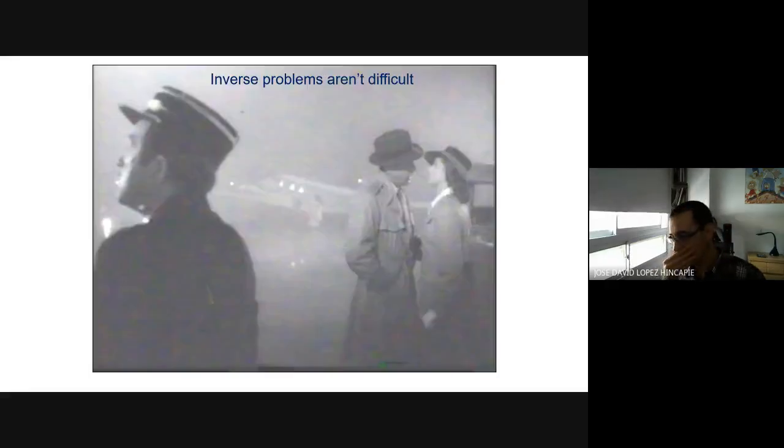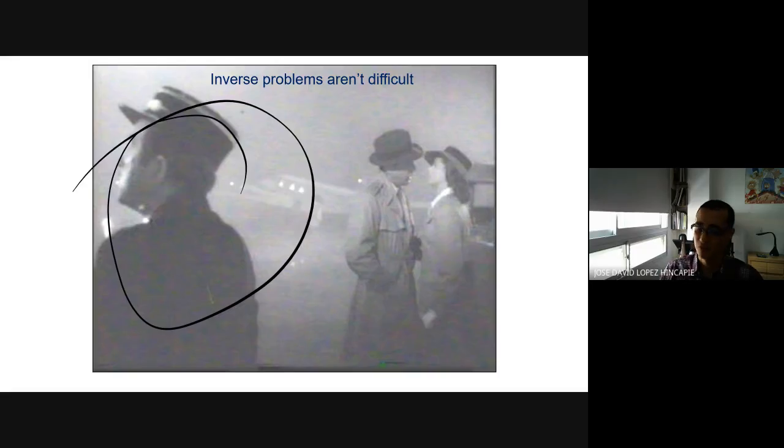However, an inverse problem is not that difficult. It's complex, yes, but it's not that difficult. So think about this picture of the Casablanca movie. Think that you are an alien from another planet and you are studying the Earth. And you receive this 2D image from a 3D space. So what's the problem? The problem is that you don't have enough information to know if, for example, in Earth,